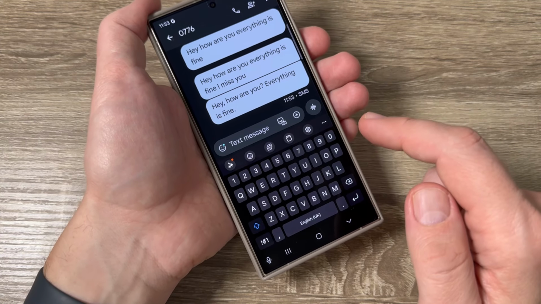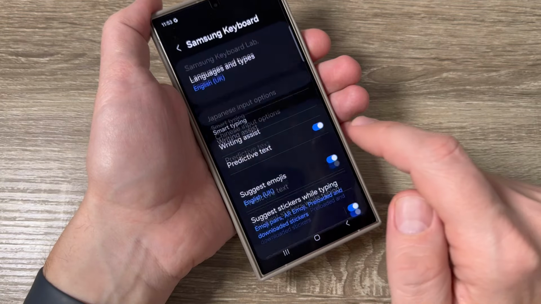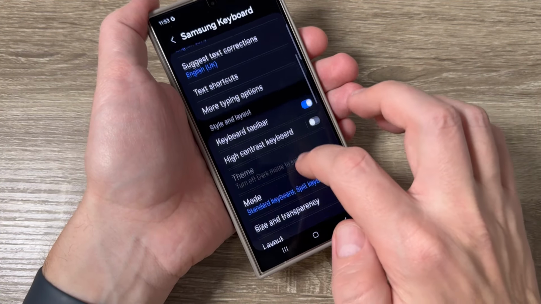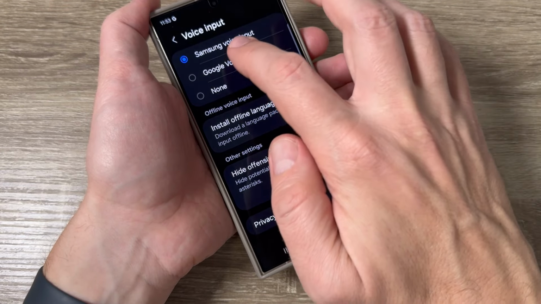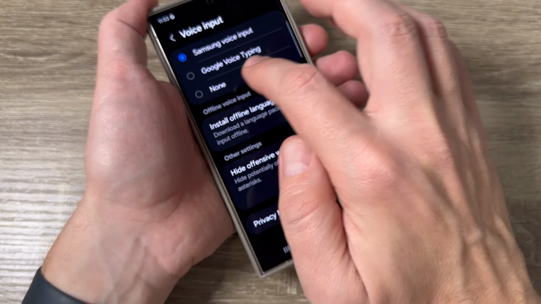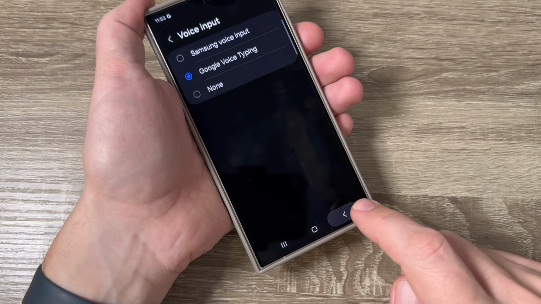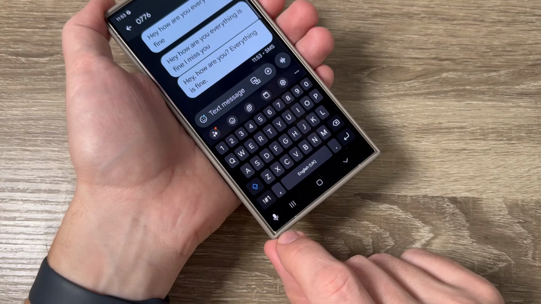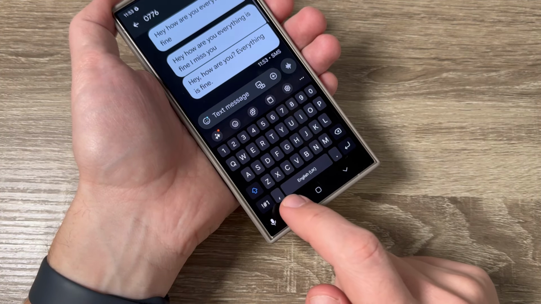Okay, now to change back to the Google voice typing, just tap again on this settings icon. Go down to the keyboard settings and here we have voice input and select Google voice typing or none. If you select Google voice typing and go back, we have a different mic icon and to send the message,